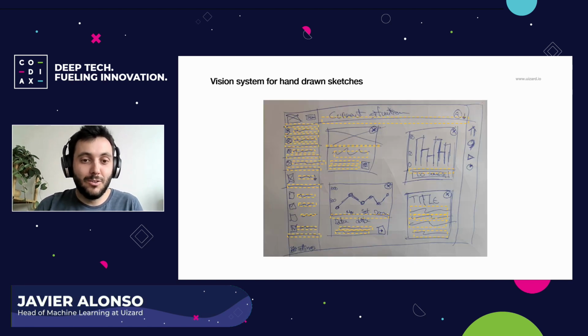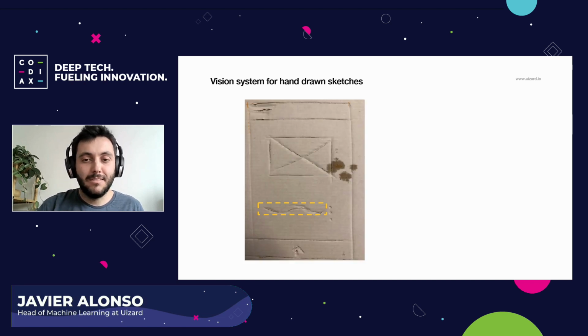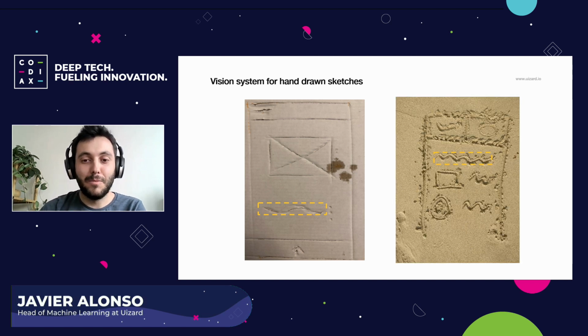In the real world, there are also way more lines than in these simple examples, which of course complicates things. And there is a lot of weird stuff, let me tell you. There are people drawing wireframes on a greasy pizza box, or people trying to sketch some ideas on a sandy beach with a stick.